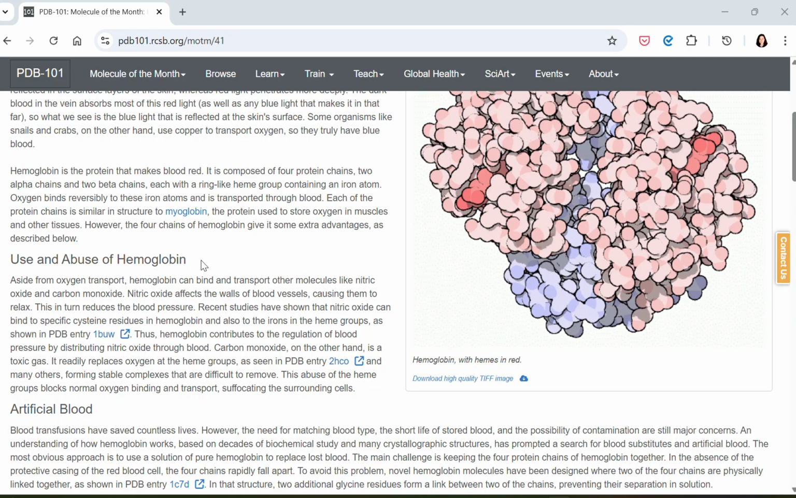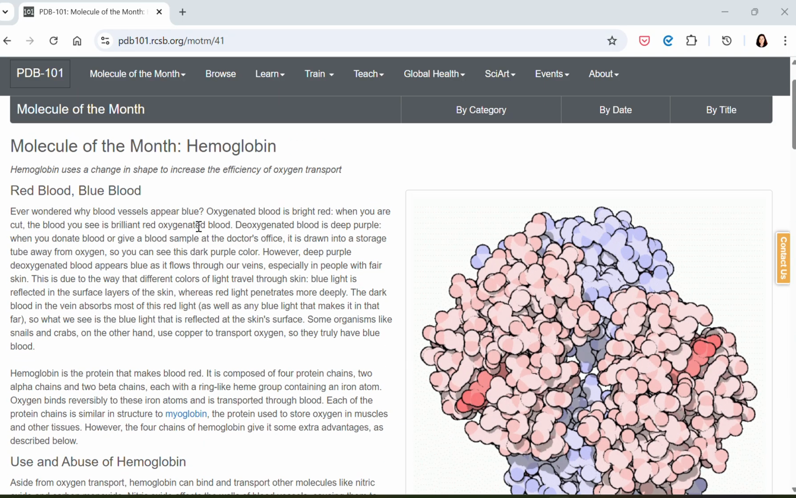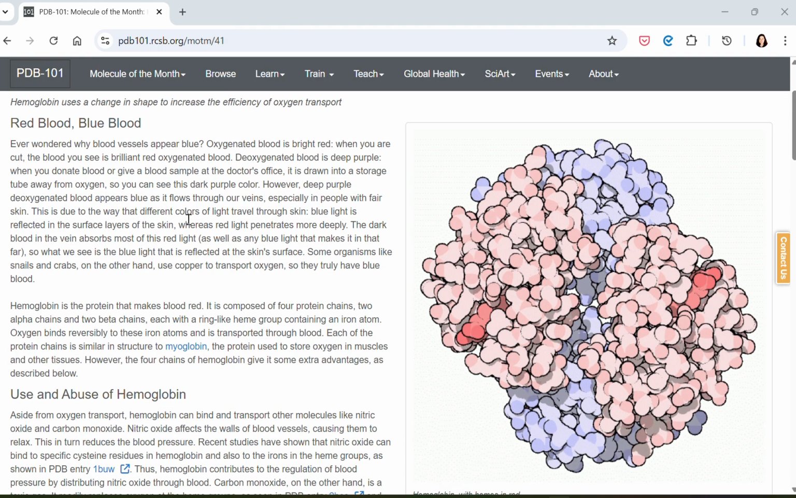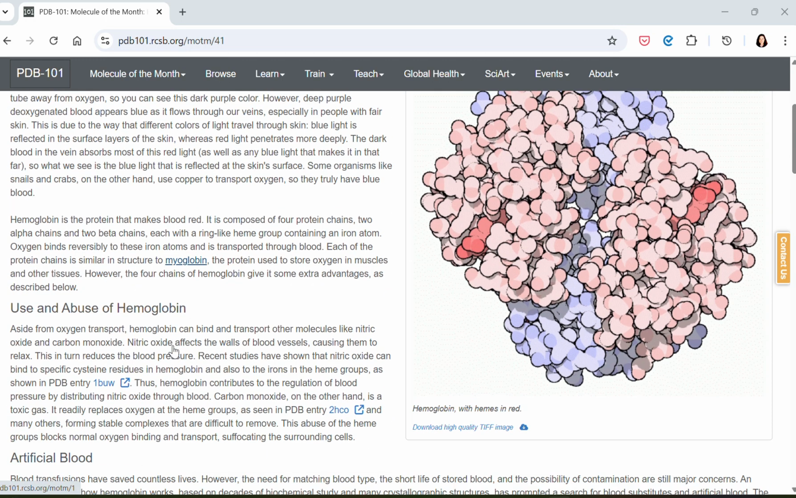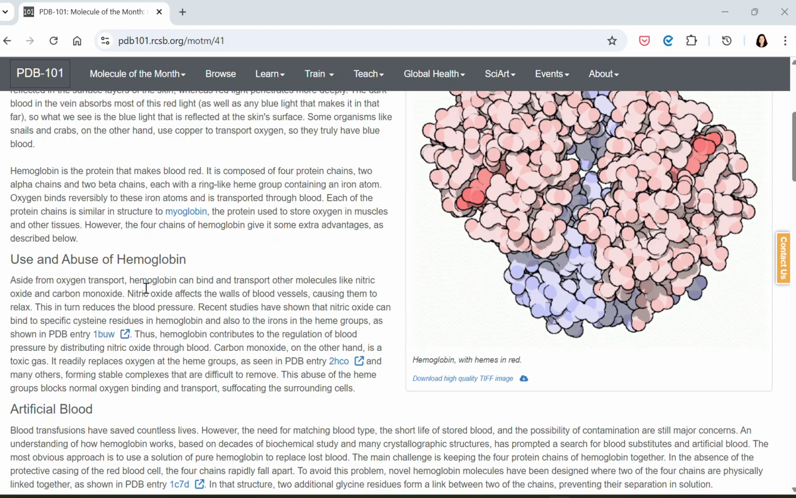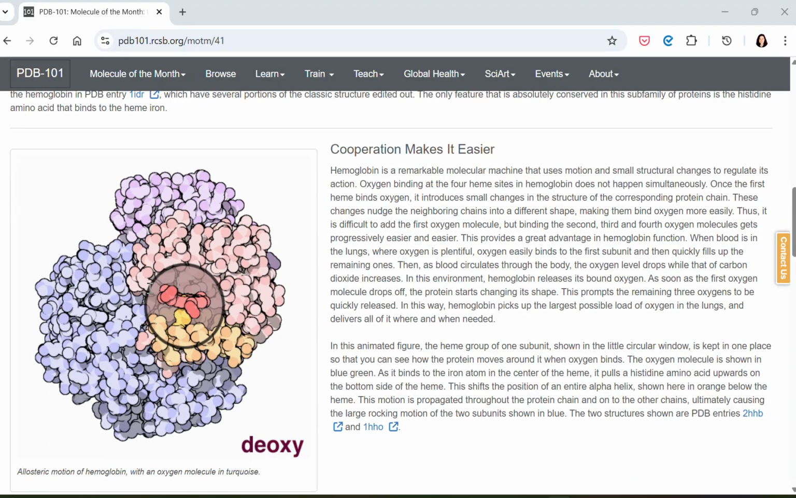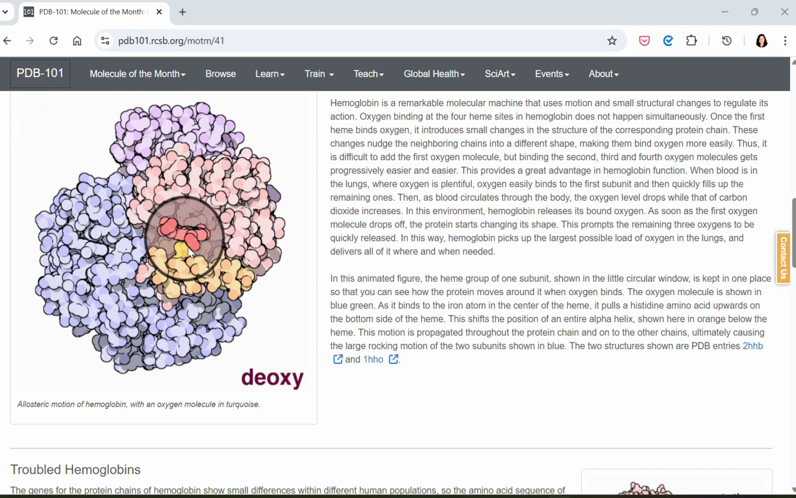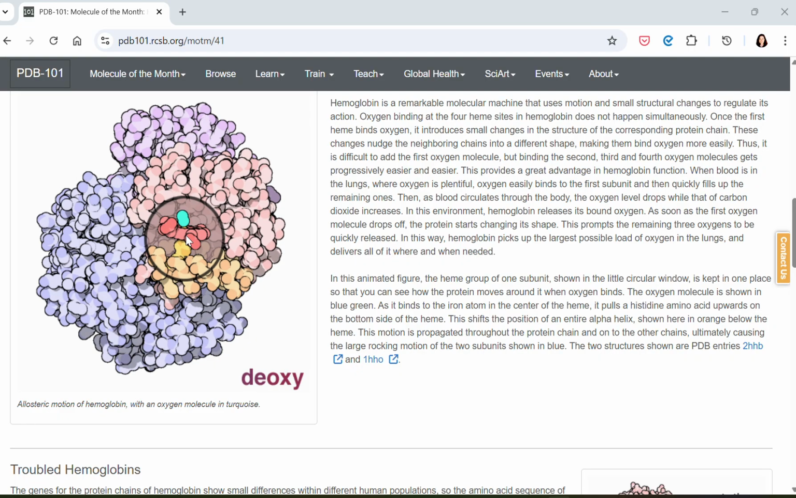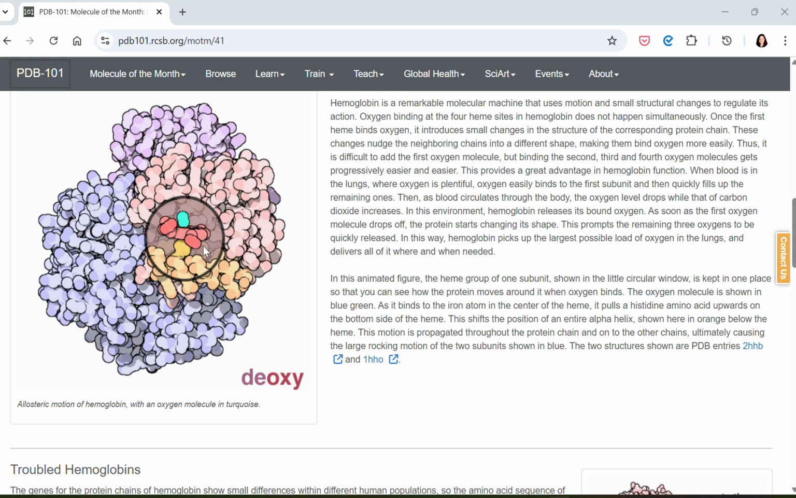It starts with some description of why the blood is red and blue, and it also talks about myoglobin. We will look into it. First of all, I think I'm gonna go here. Yes, so the oxygen binds to the heme group, shown in here,